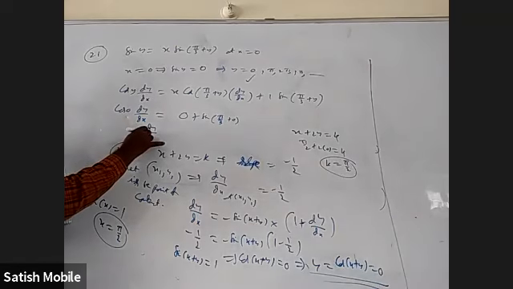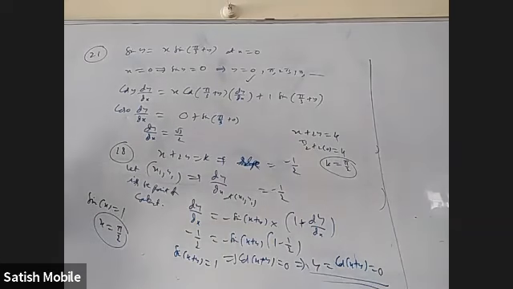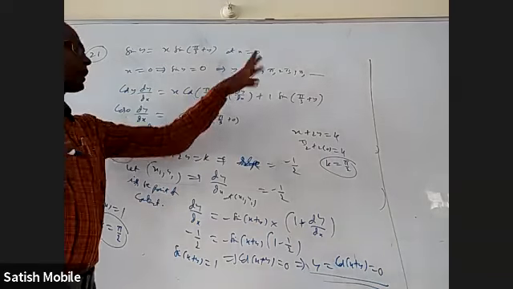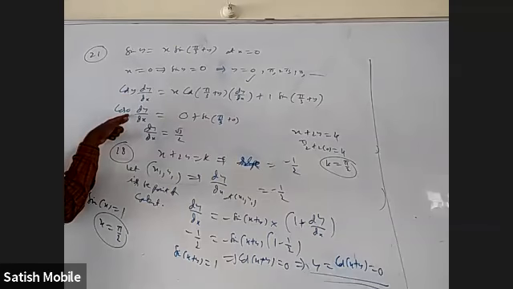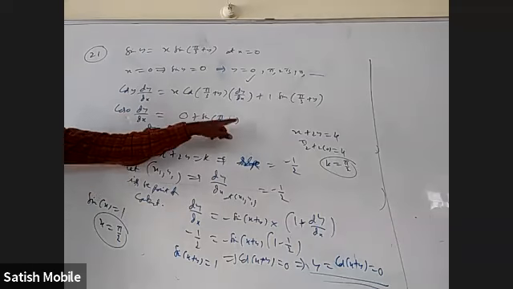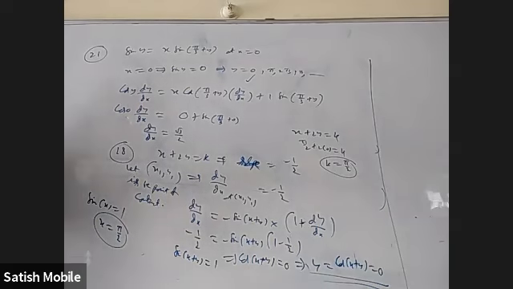dy by dx will come root 3 by 2 sin 60. Actually, it will come every time. One may say, why should I take y = 0? If I take y = pi, what will happen? Same answer. Because when you take y = pi, here you will get pi, here you will get pi. cos pi is minus 1. sin(pi + pi/3) is minus root 3 by 2. Again, the minus will cancel. You will get the same thing. Your point may change, but the slope of the tangent doesn't change.